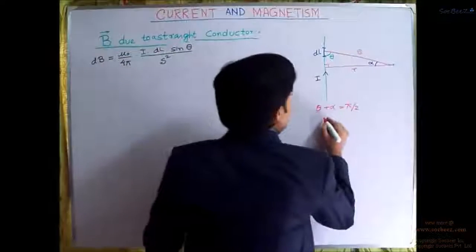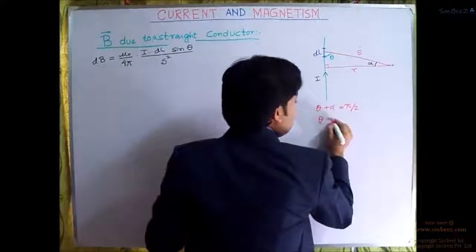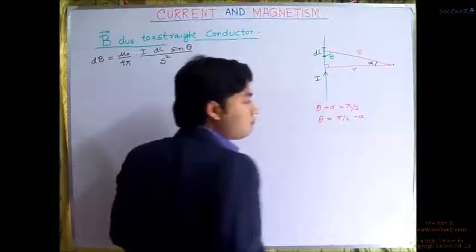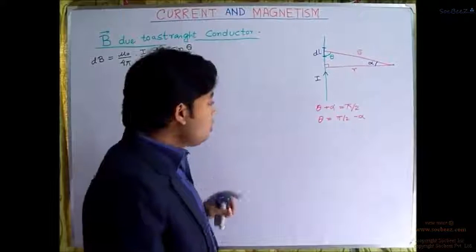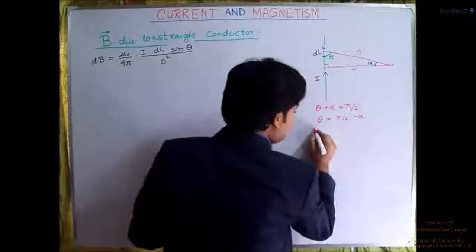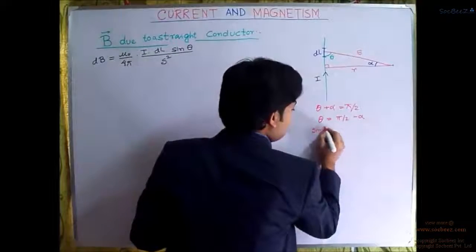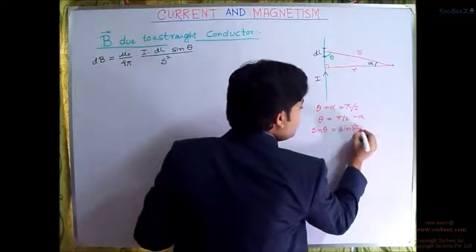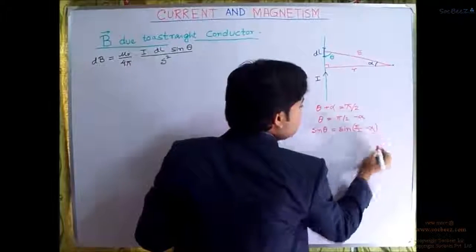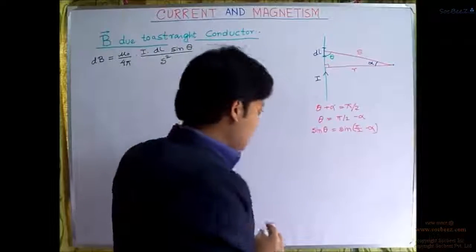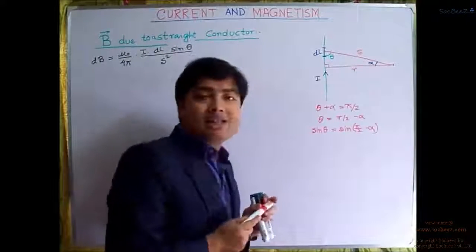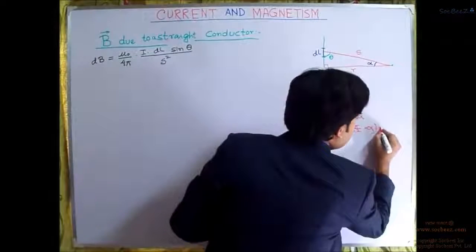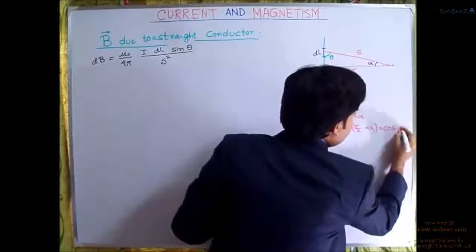Or we can write theta as equal to pi by 2 minus alpha, right? So if we take sine theta, it will be equal to sine of pi by 2 minus alpha, and sine of pi by 2 minus alpha we can write as cos of alpha,